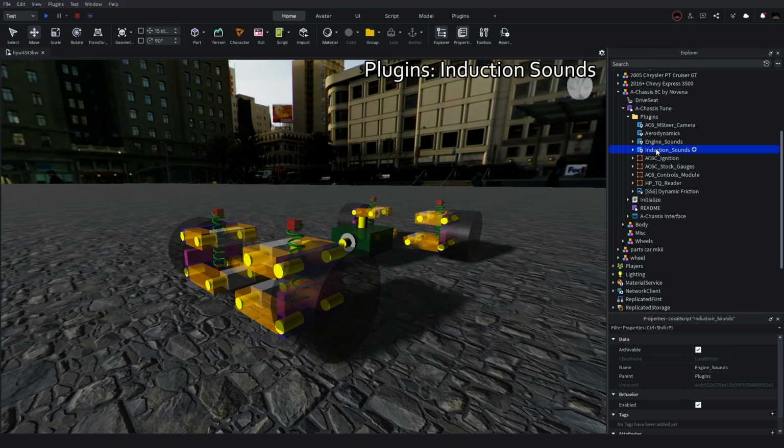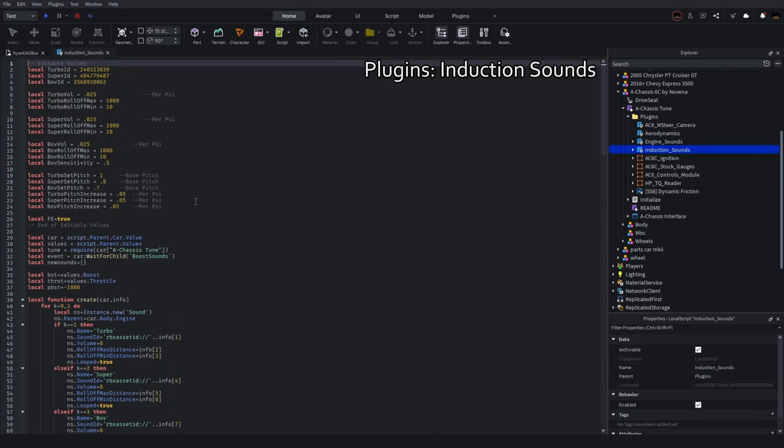And that's the end of all that, so you don't got to worry about anything else down there. Then you have your induction sounds, which is the same exact premise. Just to save time, I won't really go over these. All I will say is the BOV sensitivity, and if you don't know what the BOV is, it's like a